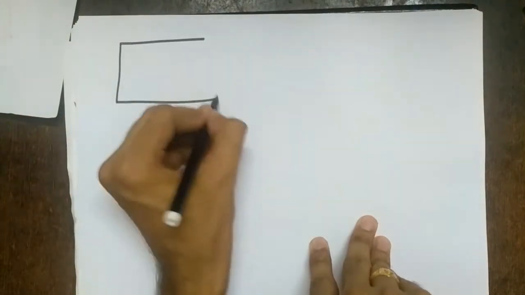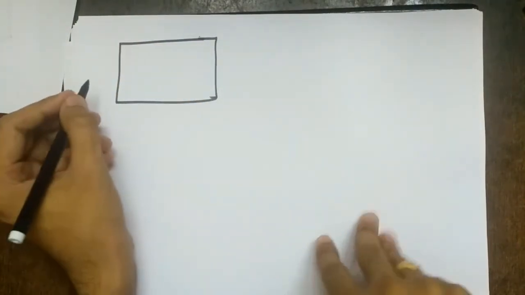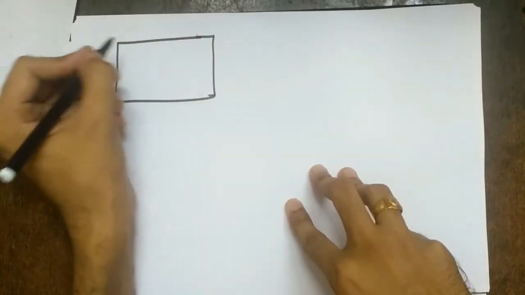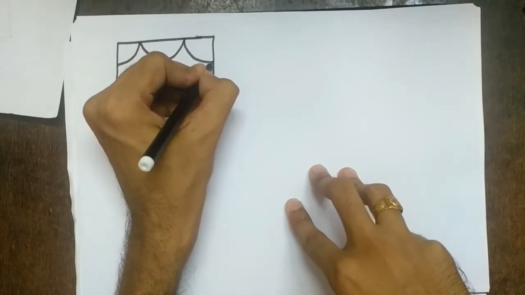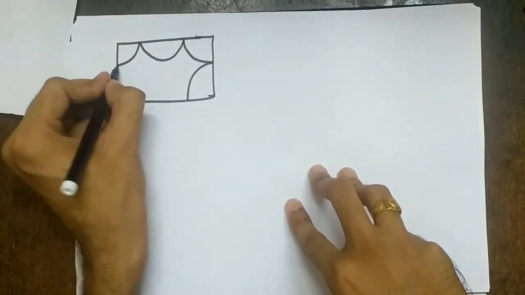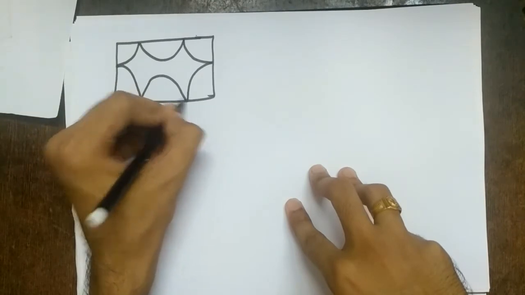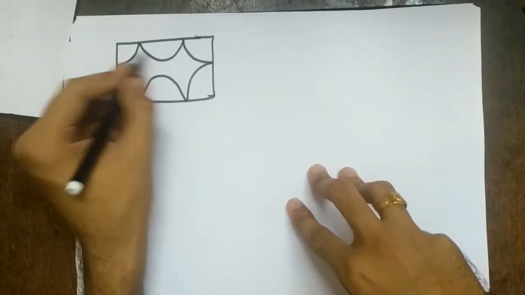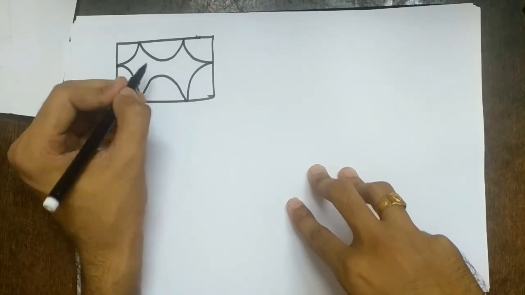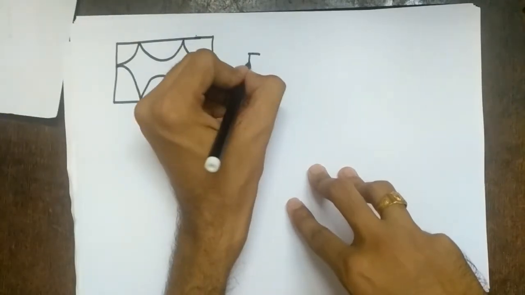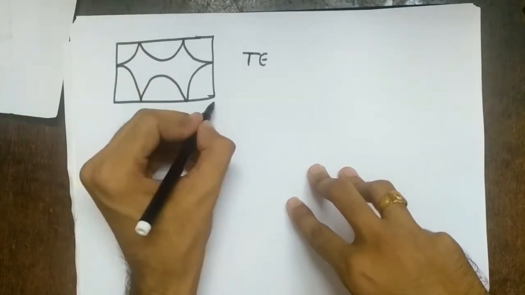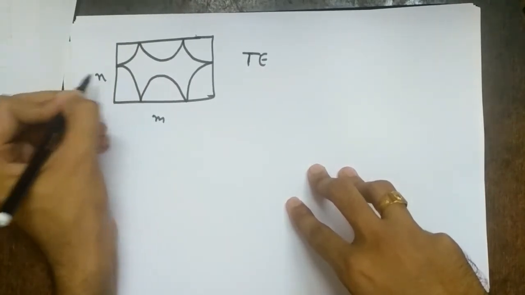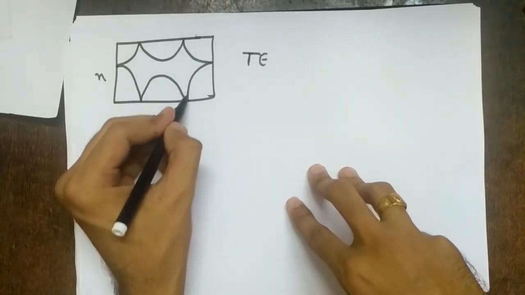So next, let's see. I will not tell the mode now. I'll draw the variations and you tell me. So if the mode is like this, obviously assume it is symmetric. Which mode is this? Now you cannot say unless you are told that the electric field is transverse or the magnetic field is transverse. So I'll tell you the electric field is transverse, so it is a TE mode. So which TE mode is it? If you see, along this is M, this is N, right? So how many variations? 1, 2, 3.